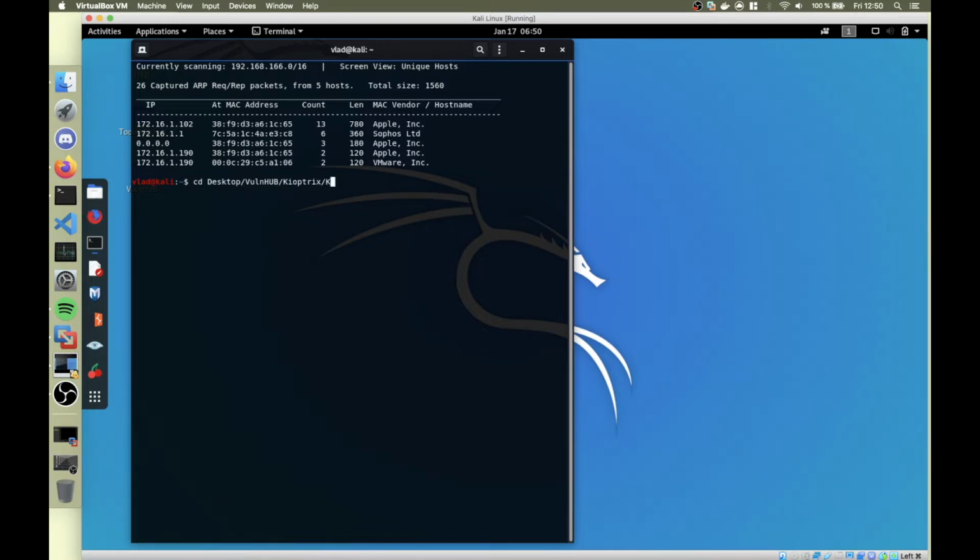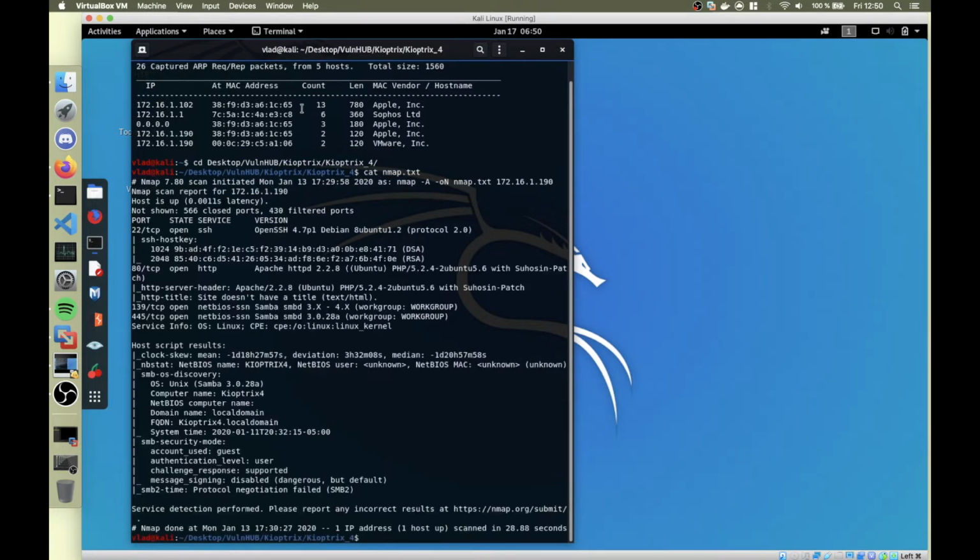I ran nmap on it, and the nmap output is this one. So I ran nmap -A -oN nmap.txt as usual, and the IP, which is this one. Oh, sorry, this one. 172.16.1.190,